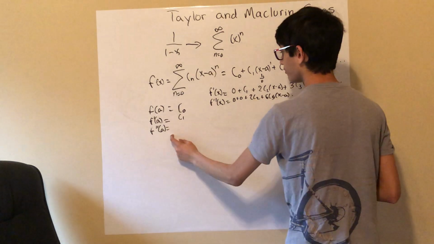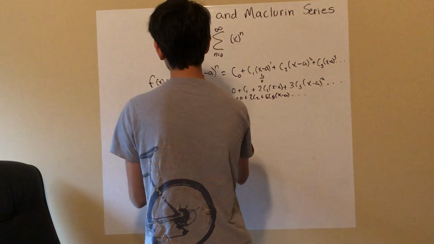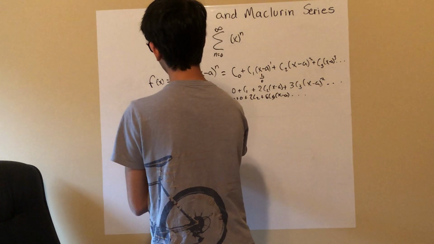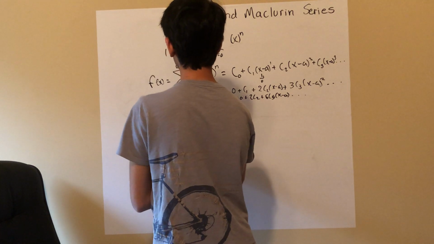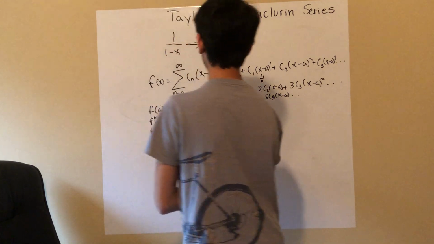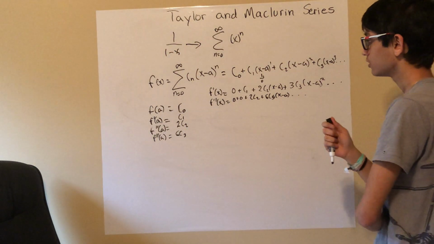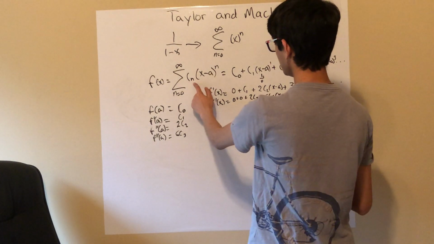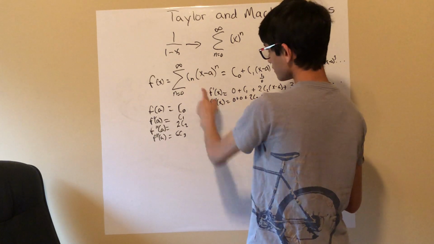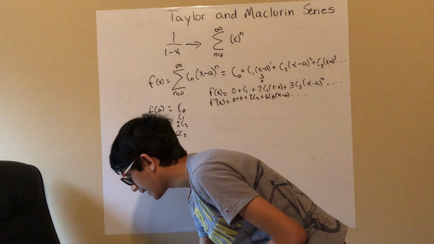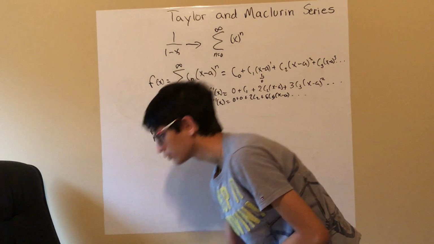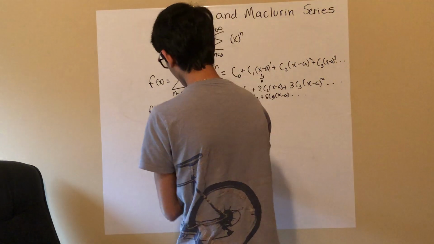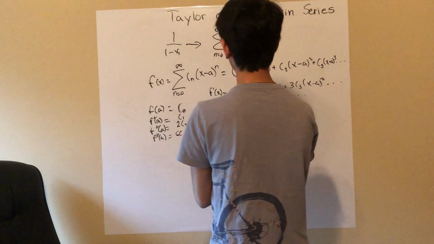So f double prime of a equals 2c2, f triple prime of a equals 6c3, and so on. So we can see that any function for which its derivatives exist, that is very important,